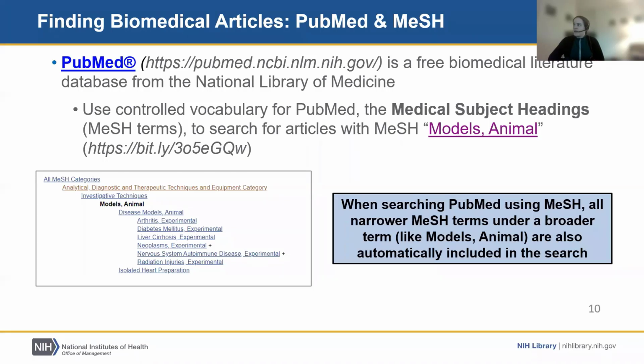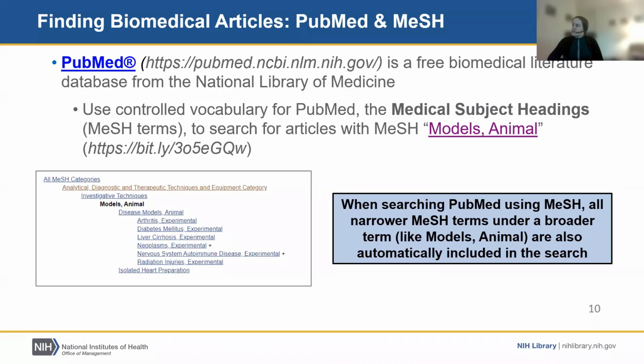Medline is the main bibliographic database from the National Library of Medicine, and it contains over 28 million references to journal articles in the life sciences and biomedical fields. Journal articles included in Medline have medical subject headings, which are also called MeSH terms, added to the article records to make them easier to find with consistent and controlled vocabulary.